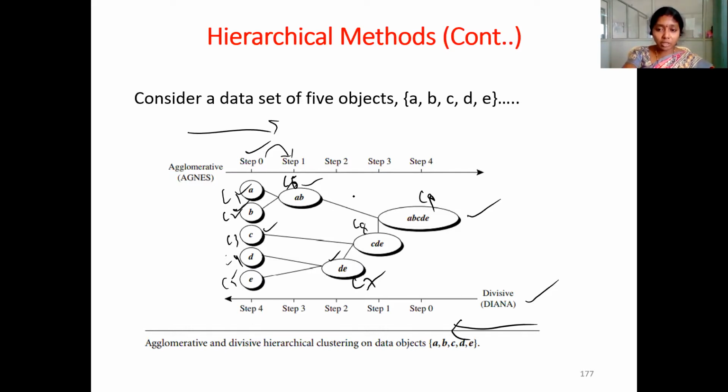So if you observe here, if you have 2 data points, you can easily find the distance between the data points. You have the formulas. Then if you have 2 clusters, how do you find the distance between the clusters? Because each cluster consists of many points, which particular point do we need to select? We need to select the objects of the clusters which are closest to each other.